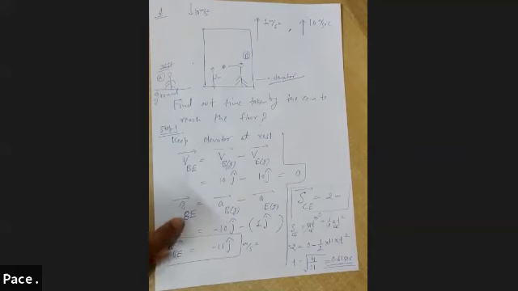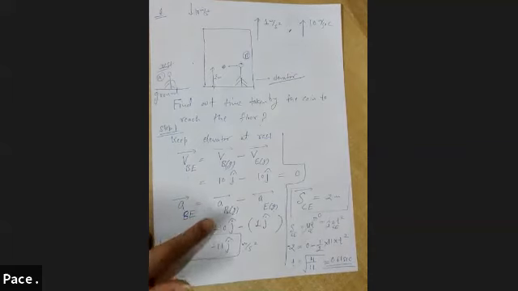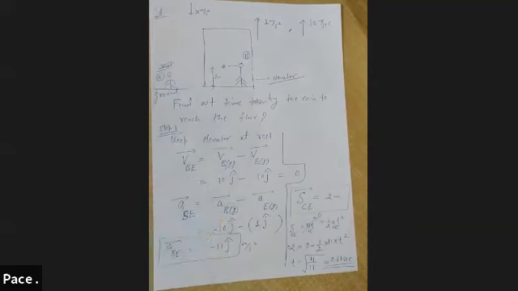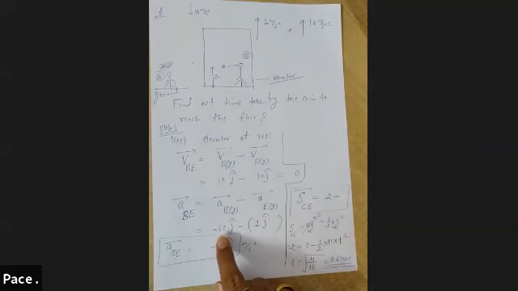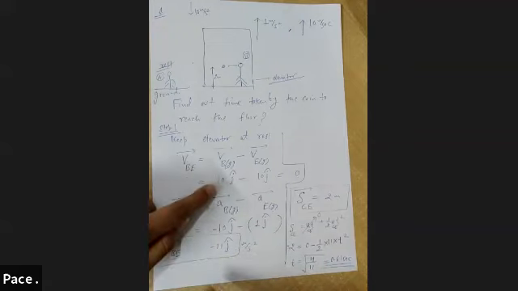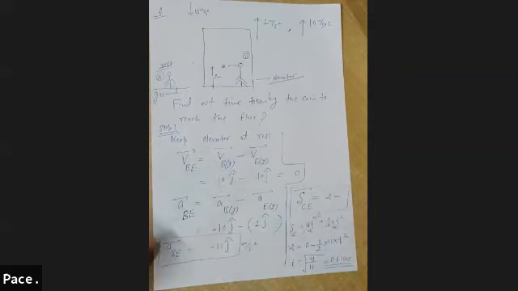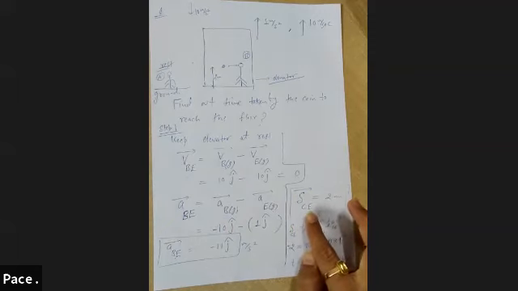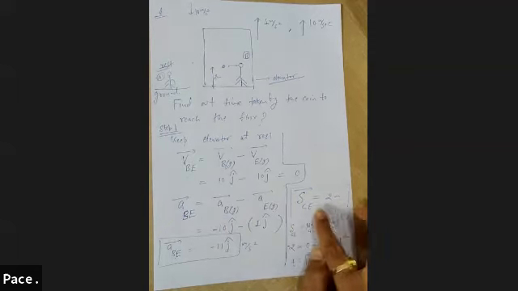So acceleration of coin with respect to E would be equal to acceleration of coin with respect to ground minus acceleration of elevator with respect to ground. Acceleration of coin is minus 10 in downward direction, minus acceleration of elevator, which is plus 1 in upward direction. So acceleration of coin with respect to elevator comes out to be minus 11. We have taken plus 10 initial velocity for both elevator as well as coin, so plus 10 minus plus 10 would be 0. Acceleration is minus 11, and displacement of coin with respect to elevator is 2 meter.